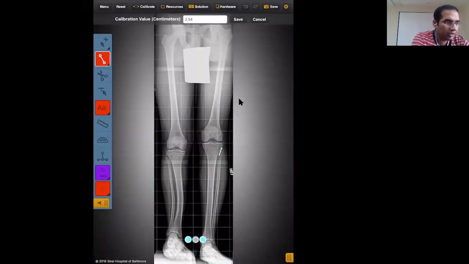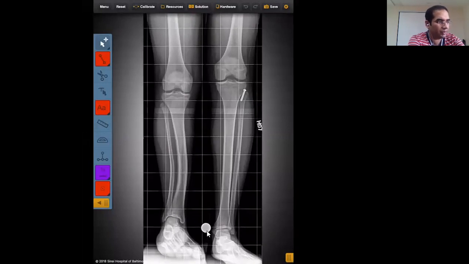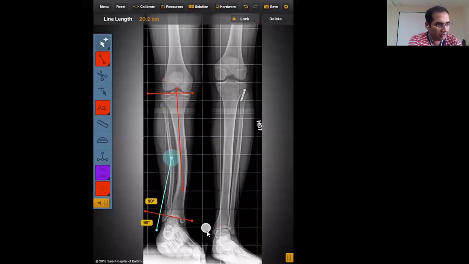When you are doing the planning on a software, there is always a calibration marker. There is a ball which is placed. This tells you the reference. Now this scanogram is referenced, and I know the exact magnification of my scan. Let's take this example here. This is an 87-degree line, again a 90-degree line.